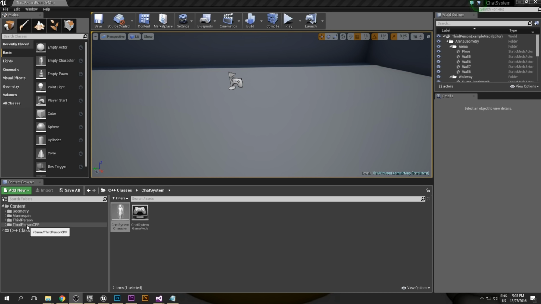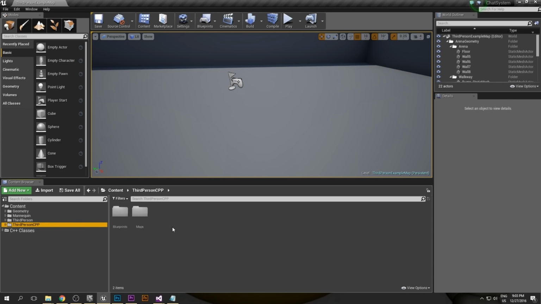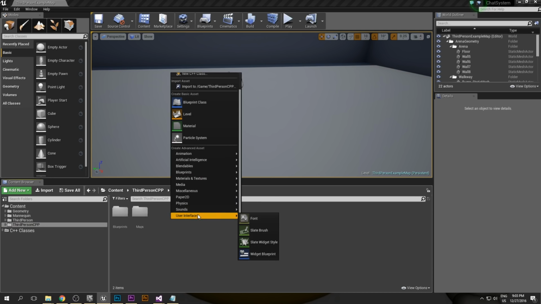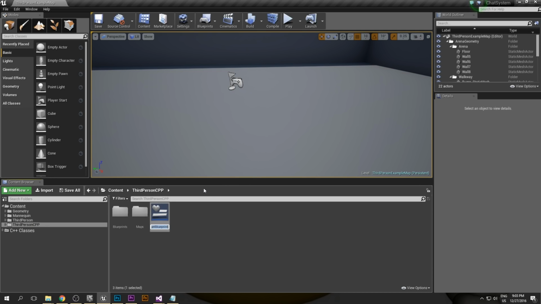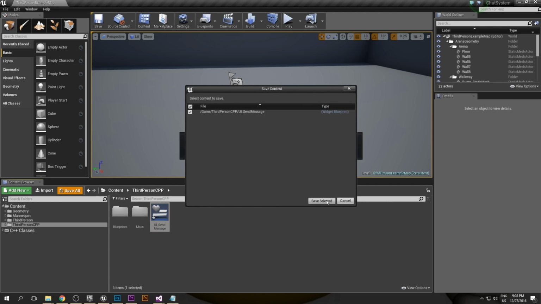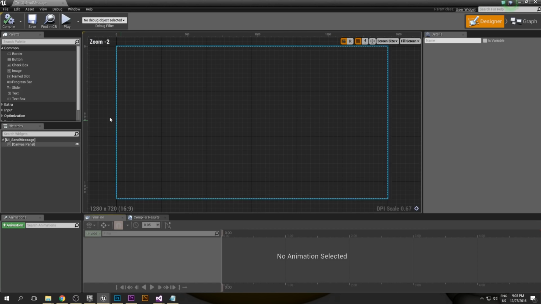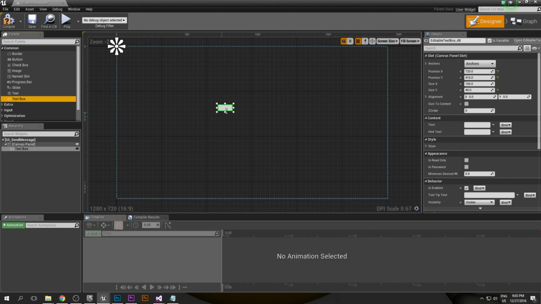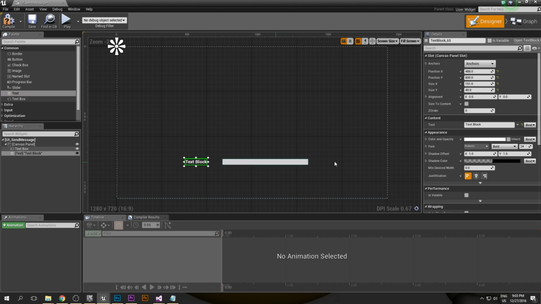So I'm going to go into the third person CPP folder, right click and go to user interface widget blueprint, and I'm going to type UI underscore send message, and we're going to make a really quick HUD that allows us to send a message. I'm going to use a text box. I'll just put it here, drag out some text,